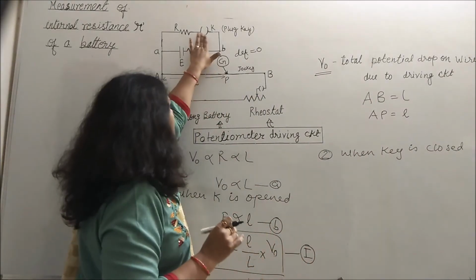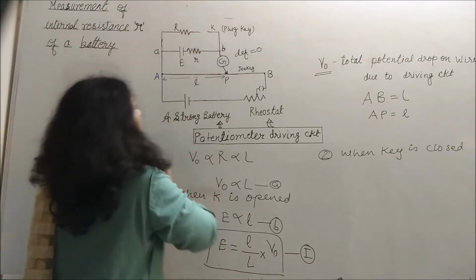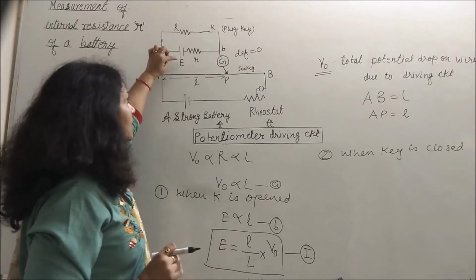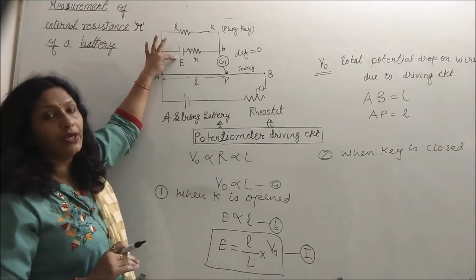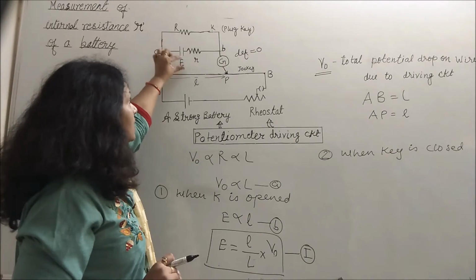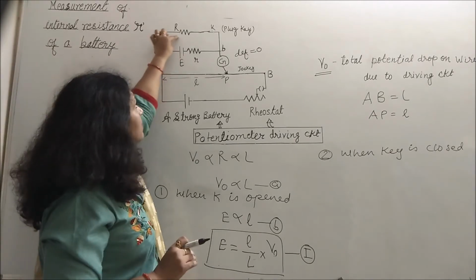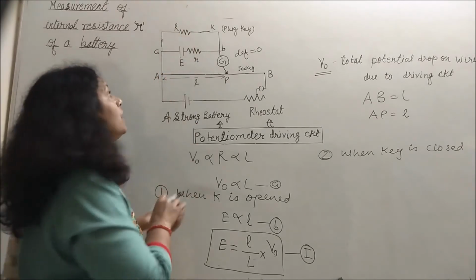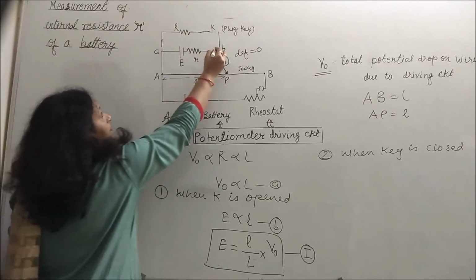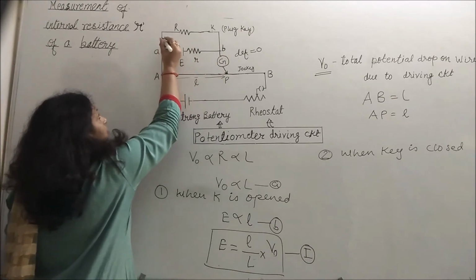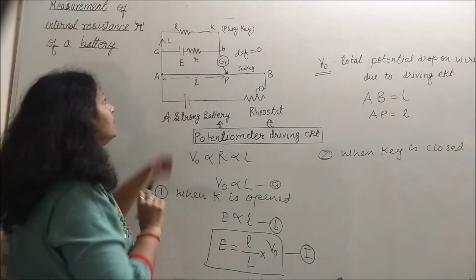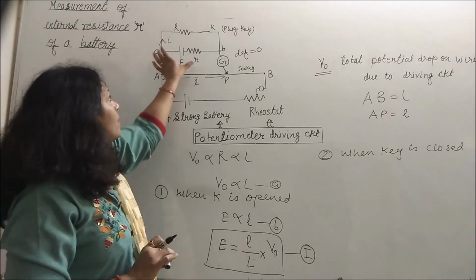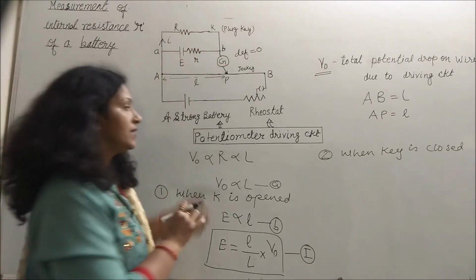If we close this key, then this resistance becomes part of our circuit and a current will start flowing because of this battery, and this current will flow through this resistance and will create a drop. Now across this AB there will be a drop, that is I multiplied by R. Drop across AB will be nothing but